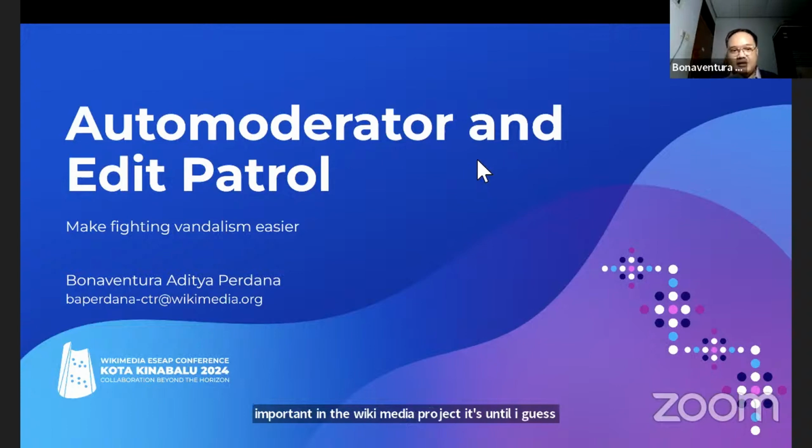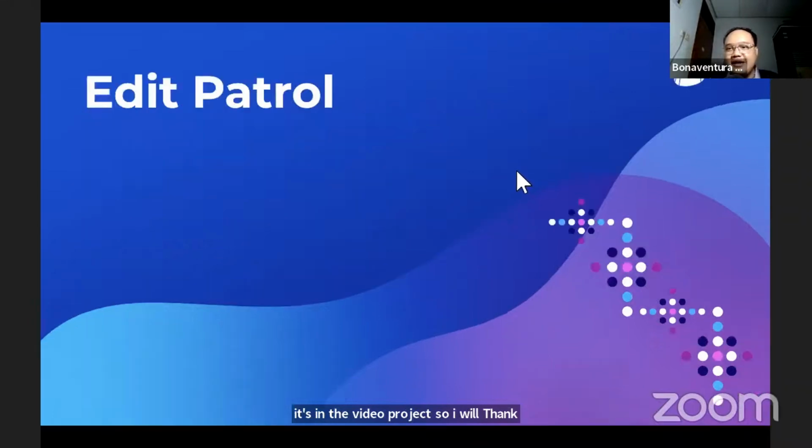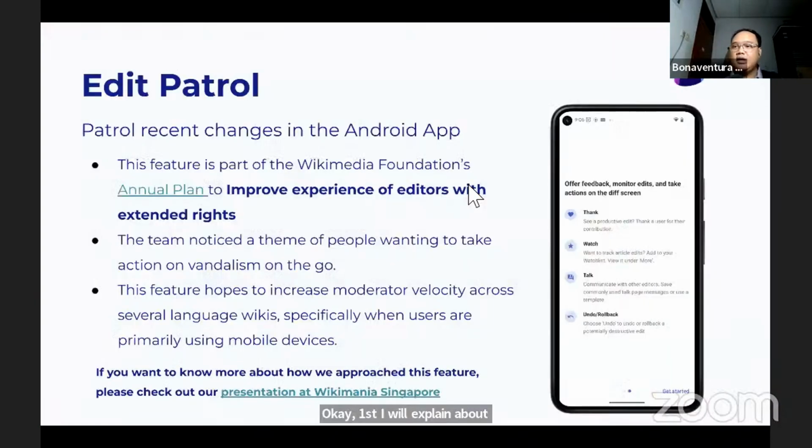So I will take it. First, I will explain about the edit patrol. Basically, this feature is embedded in the Wikipedia app.